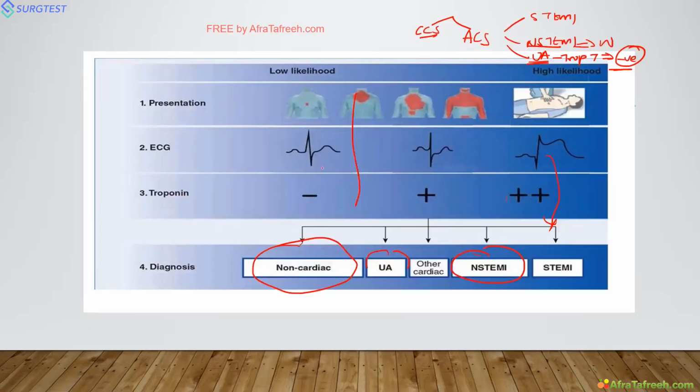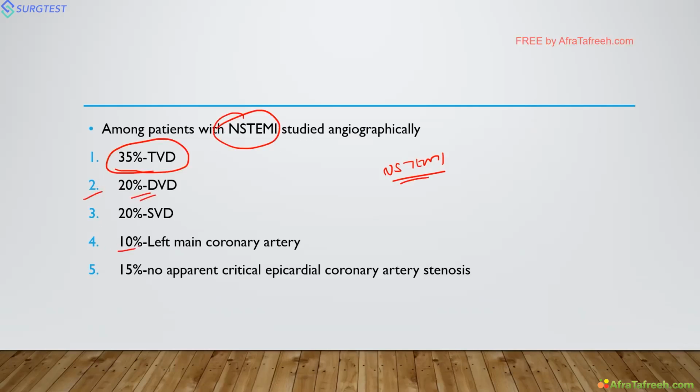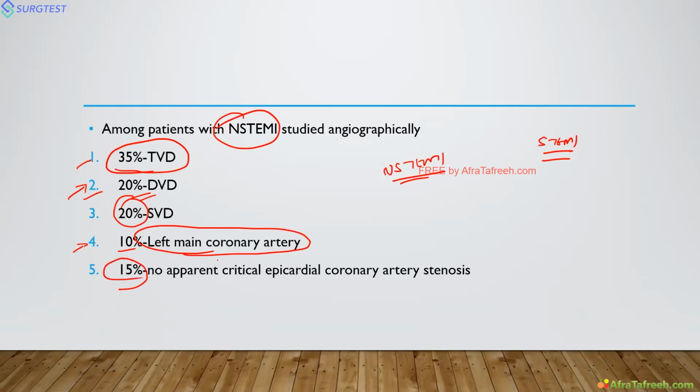Very important: we all think that STEMI is very dangerous and NSTEMI is benign. It's not like that. Among patients with NSTEMI, 35% have triple vessel disease. All three vessels are blocked. 20% have double vessel disease, and 10% have left main coronary artery disease. In STEMI, only one artery is blocked, whether anterior or inferior. But NSTEMI is more dangerous than STEMI in the long term. So 35% triple vessel disease, 20% double vessel disease, 10% left main, 20% single vessel, and 15% have no